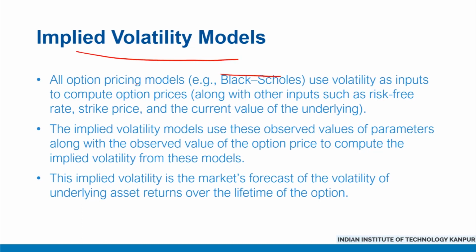Black-Scholes. So, for example, any option pricing model would use volatility as input along with some other parameters such as risk-free rate, strike price, and current value of underlying to compute the option prices. The idea behind these implied volatility models is to use the observed value of parameters such as risk-free rate, option prices, strike prices, and so on to back calculate the implied volatility from these models. Now, essentially, this implied volatility is the market's forecast of the volatility of underlying asset returns over the lifetime of